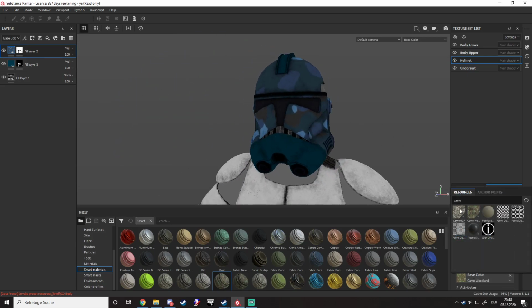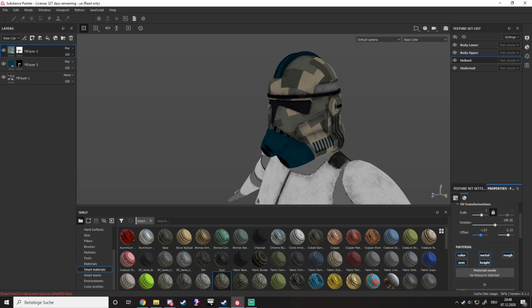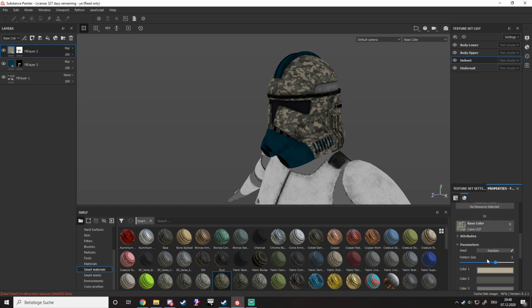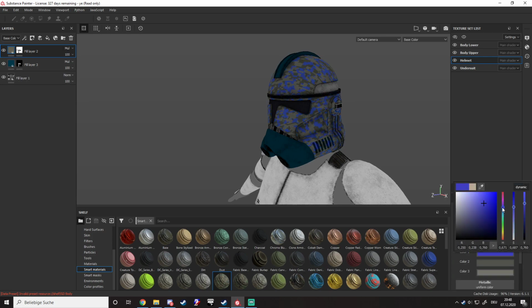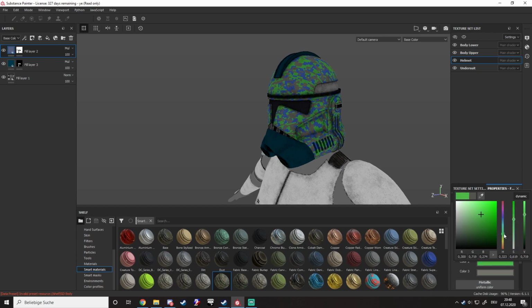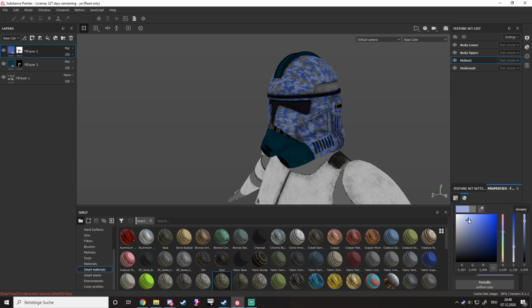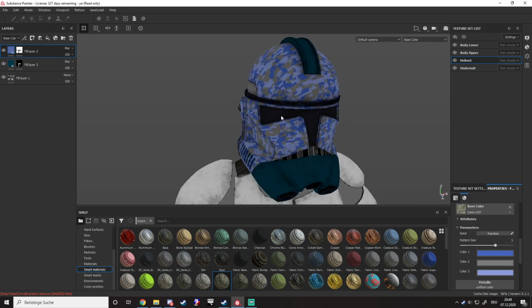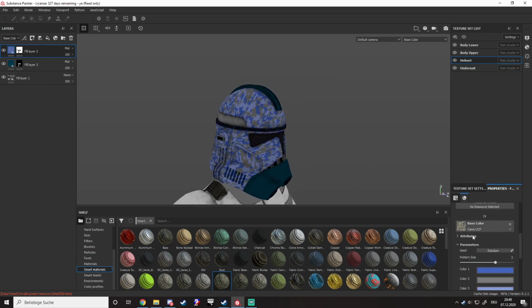You can also, if you don't want the woodland camo, go with digital. It is the same gist, and you can also adjust the pattern size here, which is quite nice. The rest is all the same, it has one less color, but of course it is as customizable with the color pattern, and the rest is pretty much the same as for the woodland, with the white mask and everything. You see, I just changed the base color up here,